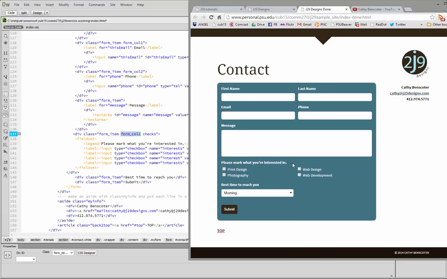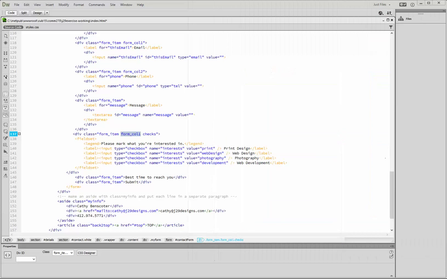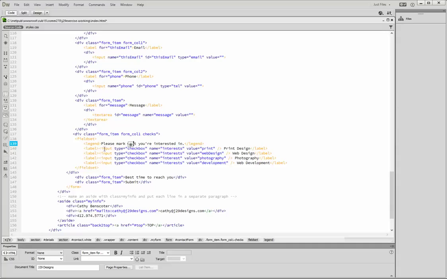we want the please mark what you're interested in to be on the one side, and it's also going to have checks. Checks is going to be the style for this, specifically for the checkboxes. So the legend in the fieldset is please mark what you're interested in. We need